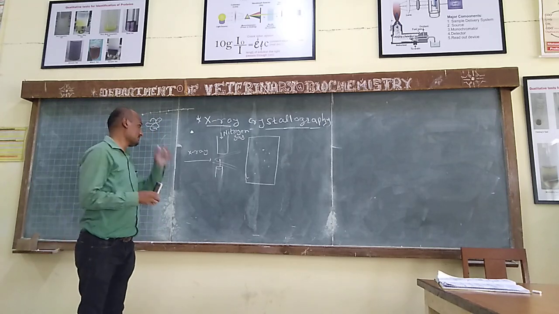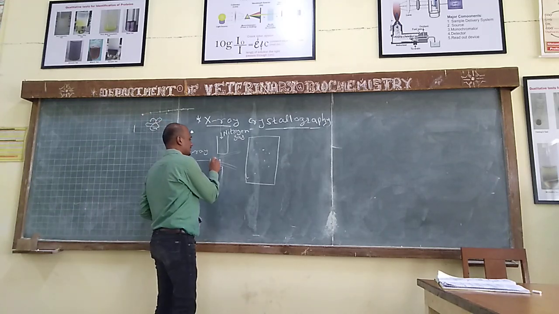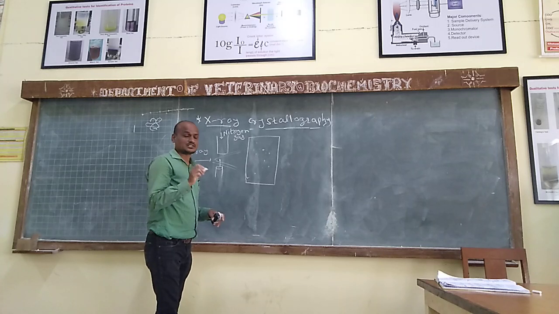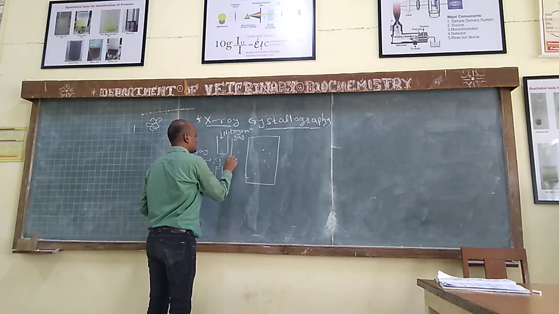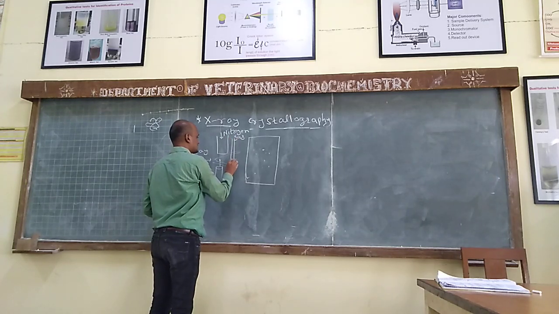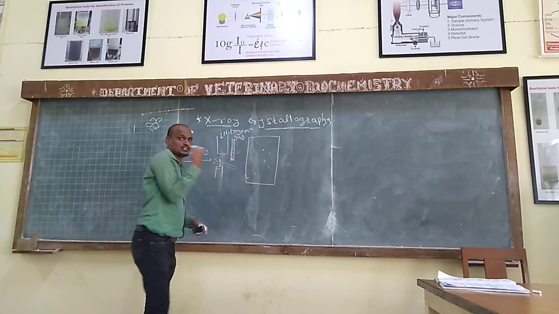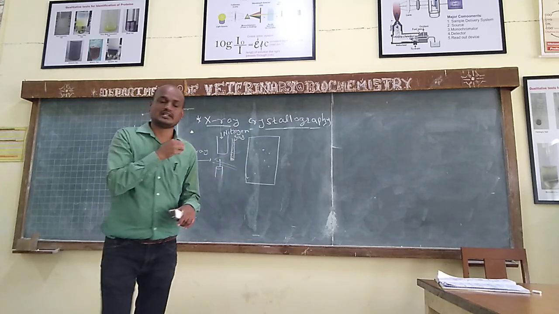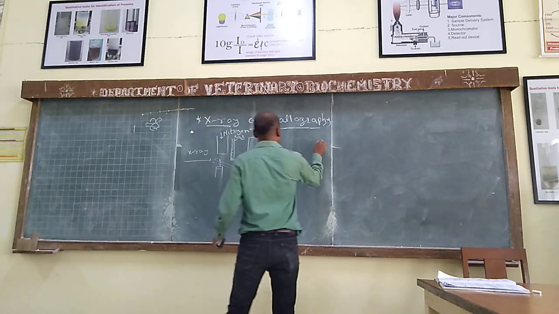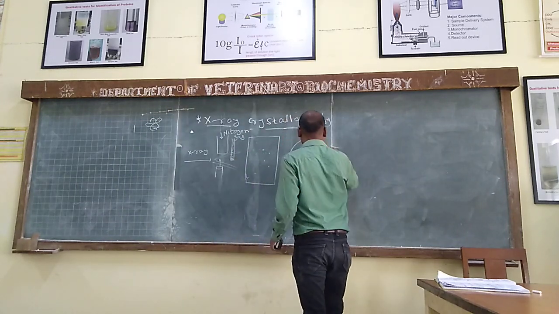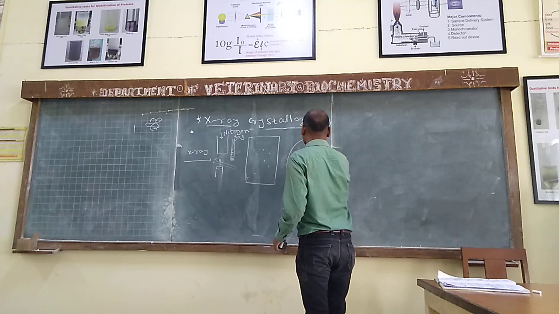So this diffraction pattern we are observing. Now what is happening? The direct light will pass through it, so we have to block this stray light with a stray light blocker. This light should not be allowed to pass, so we will block that one. So we will get the pattern like this, an X-ray diffraction pattern like this.